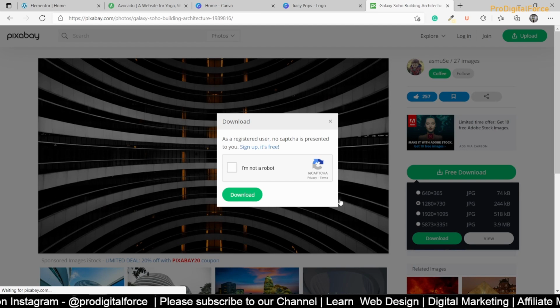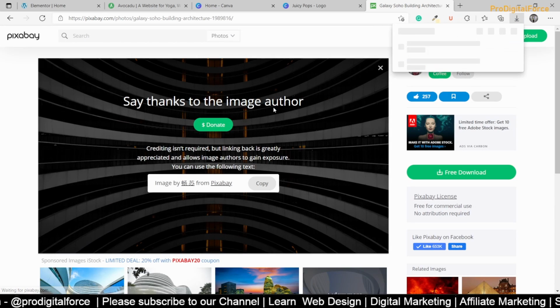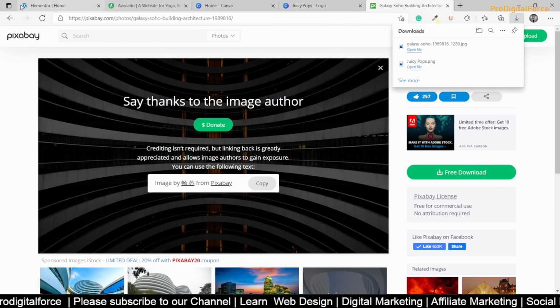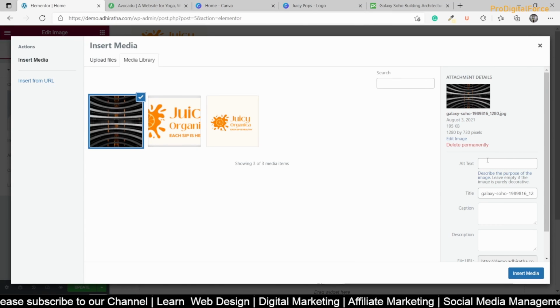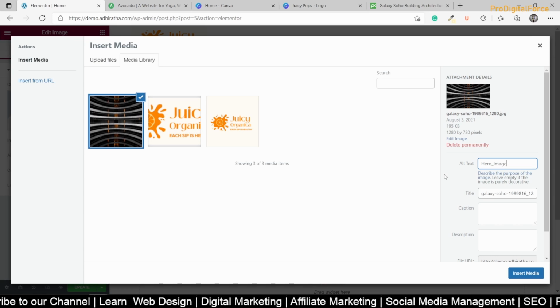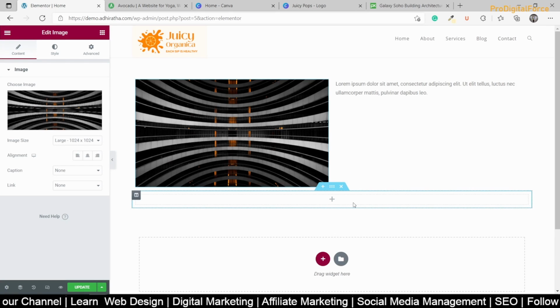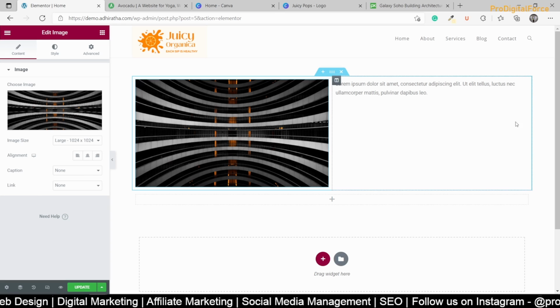I can download it. Okay, so on the left-hand side you have a building image or something. I think this is not that great, but it's okay. You guys find something better and do it.